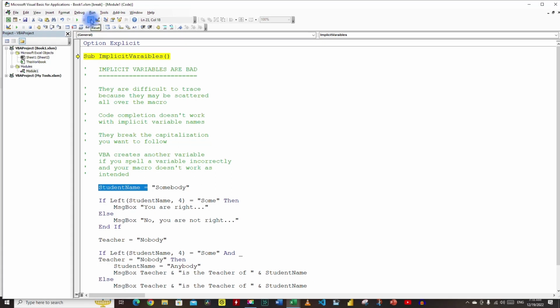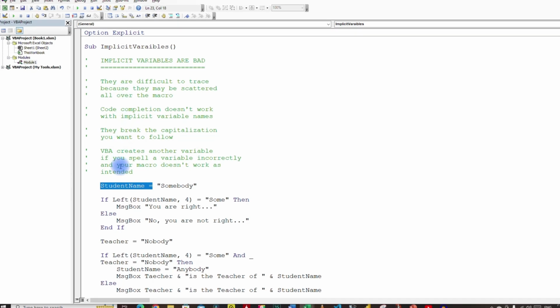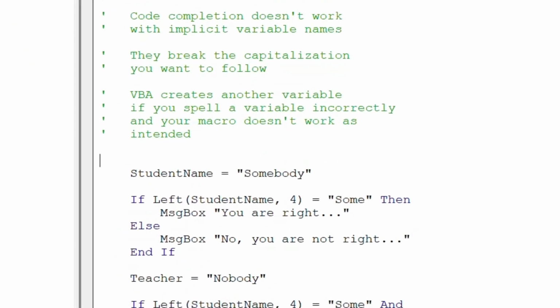So Option Explicit highlights all those errors which we have introduced in our code using implicit variable declaration. What we can do is use the Dim statement to declare our variable. Dim is the short form of dimension. We are dimensioning memory here, so we write Dim. And if we write Dim StudentName,